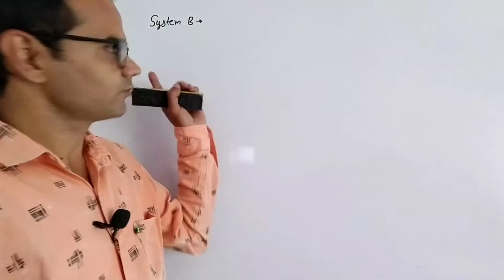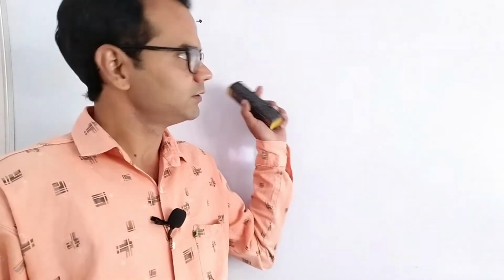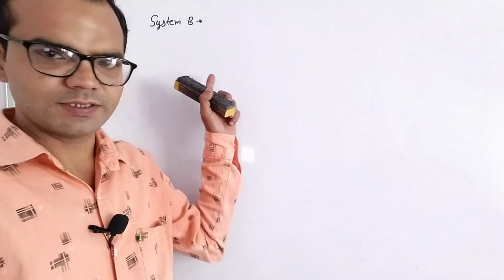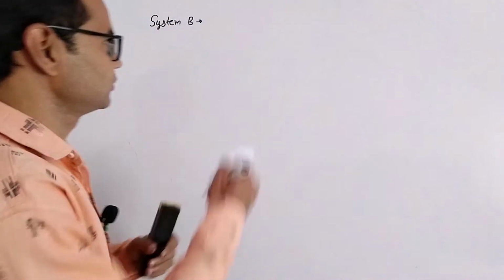Today we will continue common names of hydrocarbon derivatives. In the previous lecture we have done system A. Today we will do system B. System B is valid for the functional groups containing carbon. So we have the format